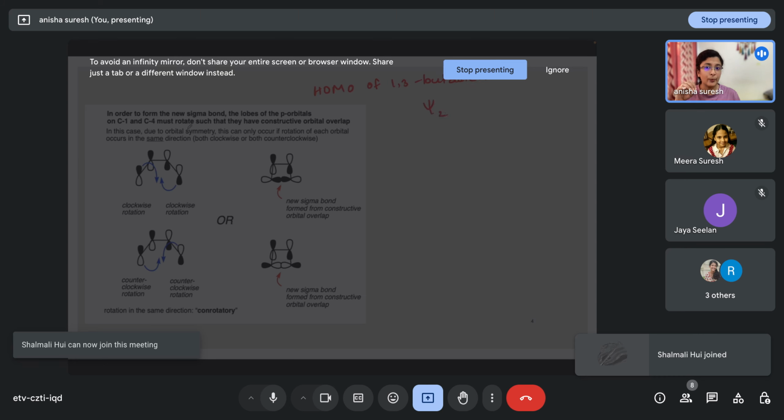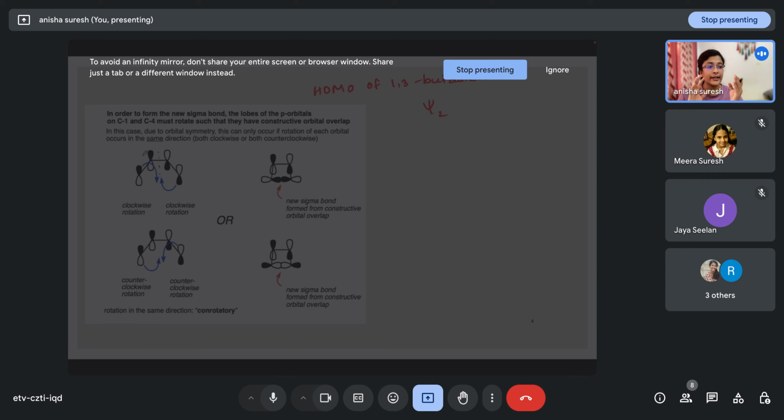So, this is psi 2 where there is one node. So, for the formation of the new sigma bond by means of electrocyclic ring closure, the lobes with same symmetry should overlap. So, if we are doing